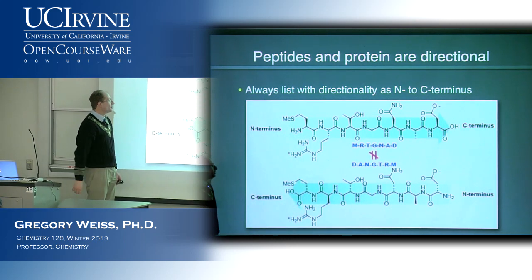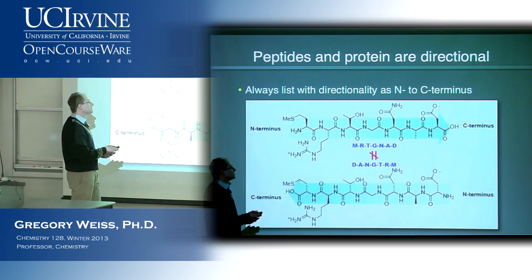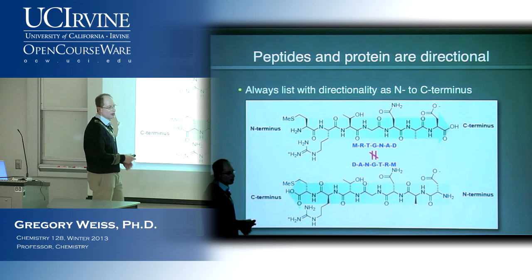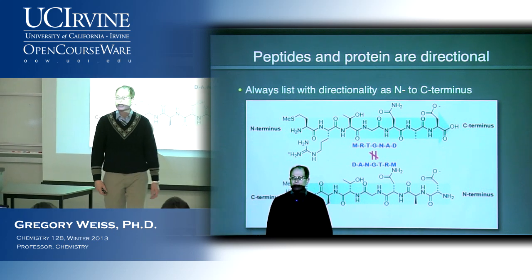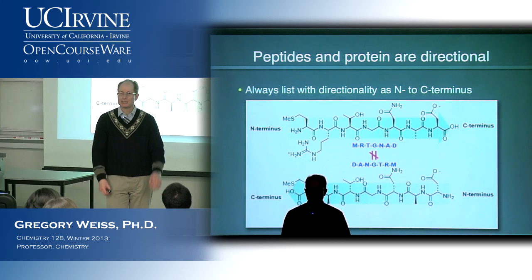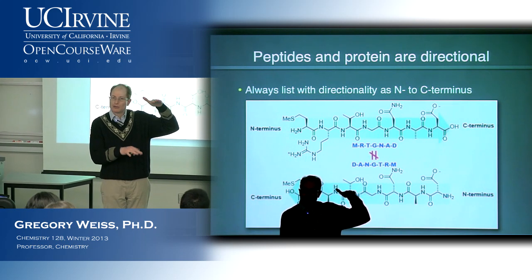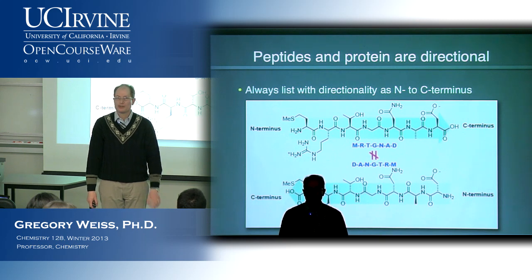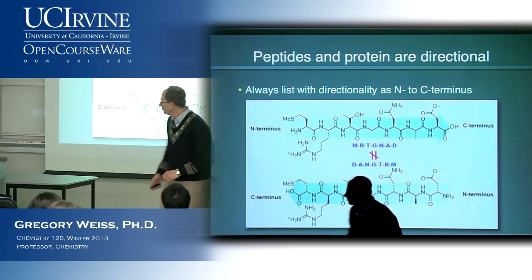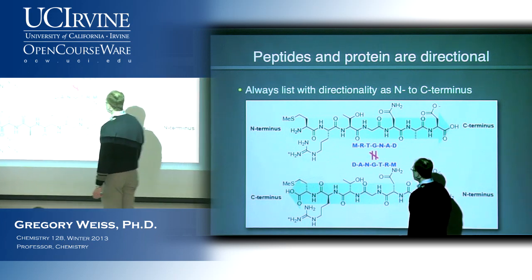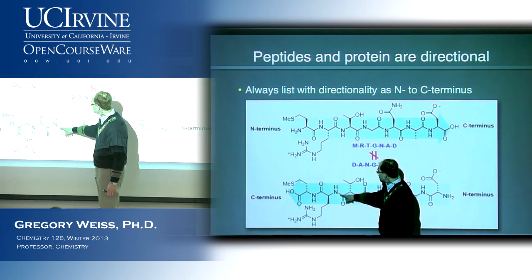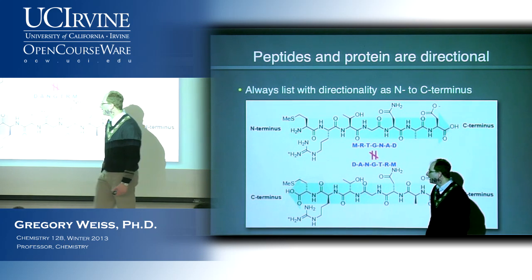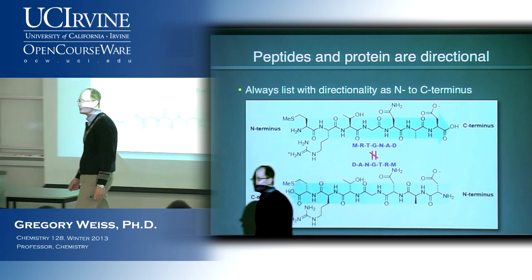Okay, and something that's really important is that these sequences that go from N to C cannot be reversed without resulting in a different peptide sequence. The two sequences, the one on the top and the one on the bottom, are constitutional isomers of each other. They're not diastereomers. They're nothing more than just isomers. And the way you can tell is notice that the positions of the carbonyls and the NHs are all wrong between these two. Okay, in fact, it's very likely that these two will have different binding profiles.